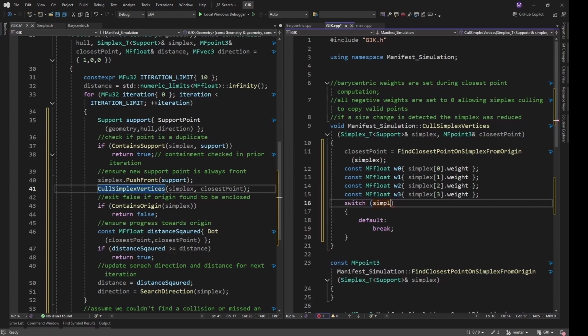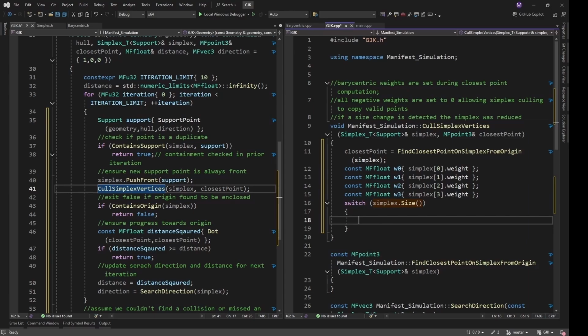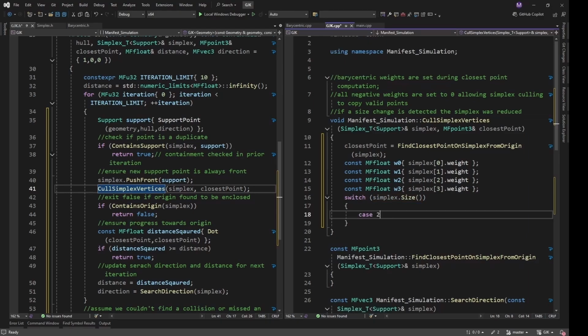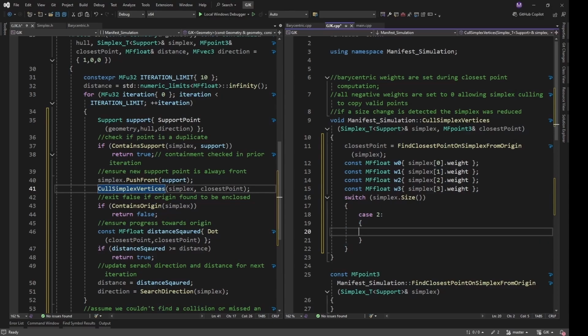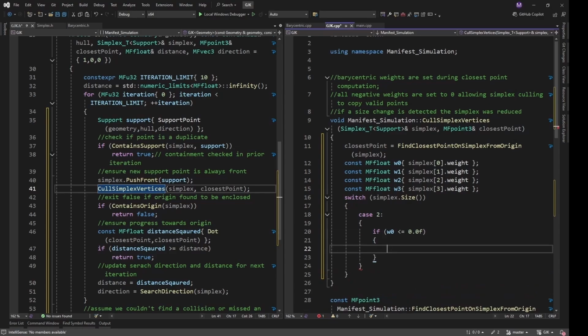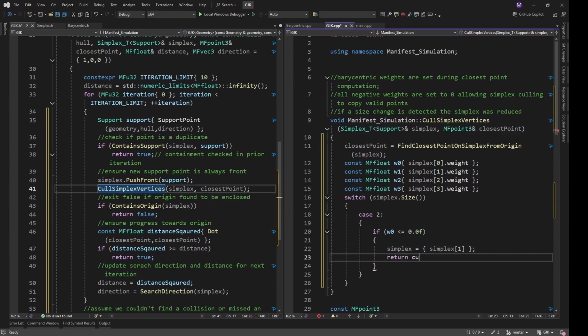After we have the weights, we're going to go ahead and switch on the simplex size, and we are going to attempt to cull any of the simplex vertices whose corresponding weight is less than or equal to 0. If we detect that the weight is less than or equal to 0, we create a new simplex with the remaining points, though those weights themselves may be negative. And then we return the cull simplex vertices again, basically iteratively or recursively stepping through this function, taking off 1